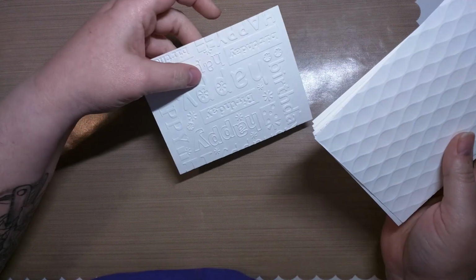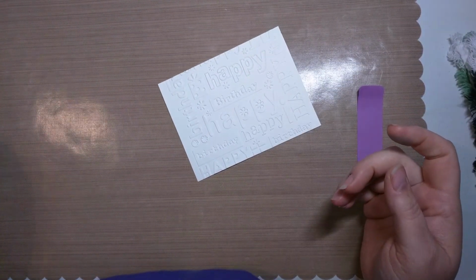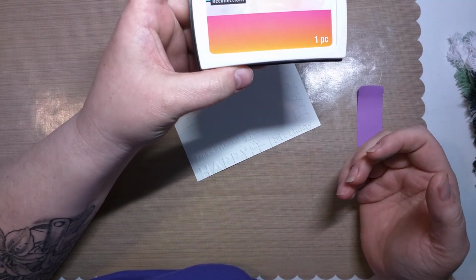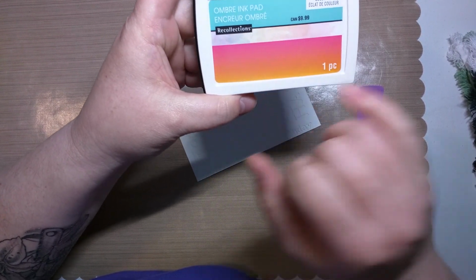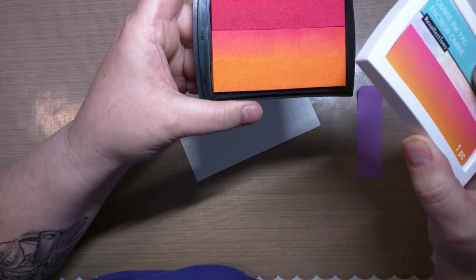So let's get started. One easy way to go, especially when you're just starting and you don't have a lot of inks. I'm just starting. I don't have a lot. Well, okay, I do have a lot because I went a little crazy. But I happened to get this at 70% off at Michael's, so it wasn't that expensive. But this has 3 different colors, so